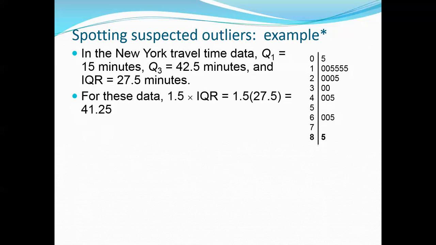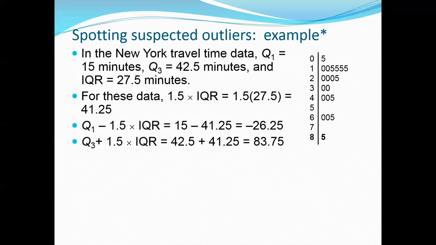For these data, 1.5 times IQR is 1.5 times 27.5, which is 41.25. Q1 minus 41.25 is negative 26.25. And Q3 plus 1.5 times the IQR is